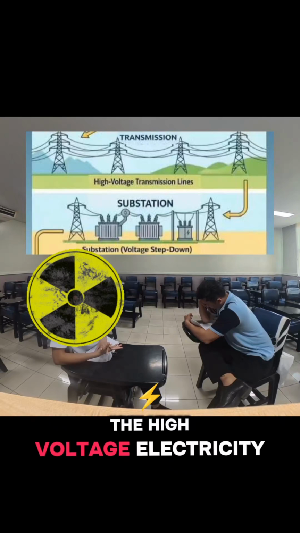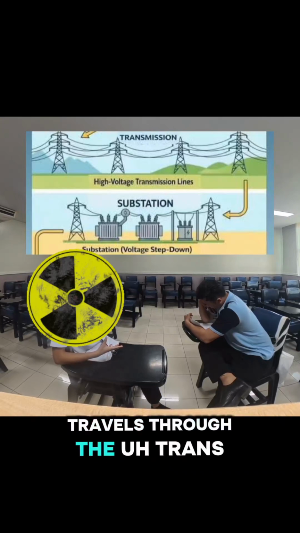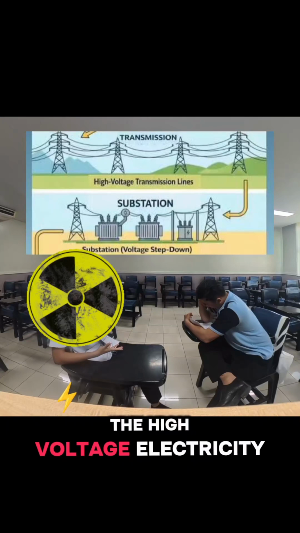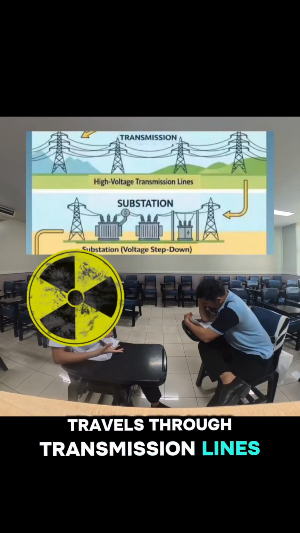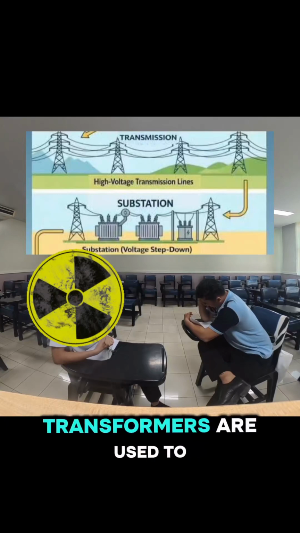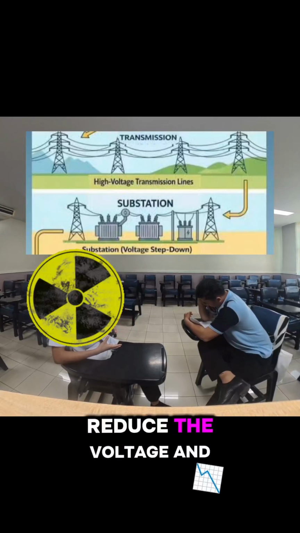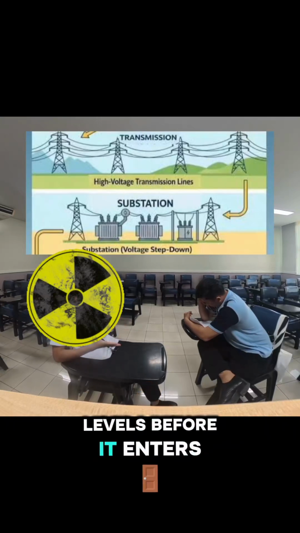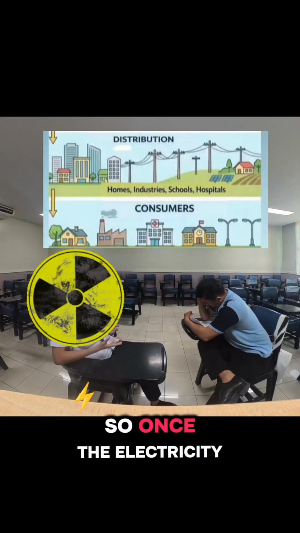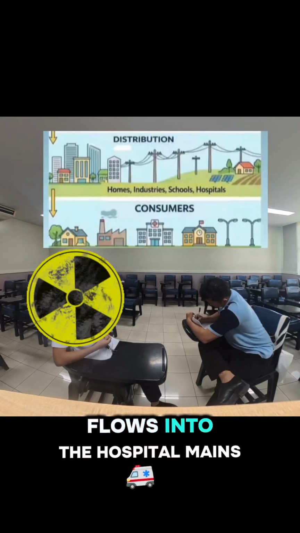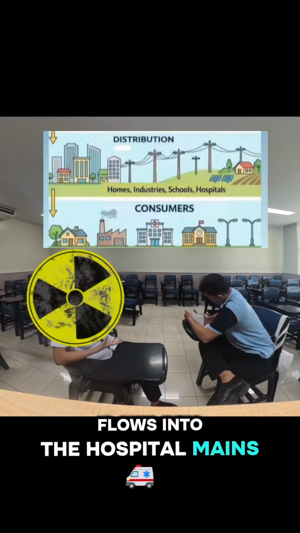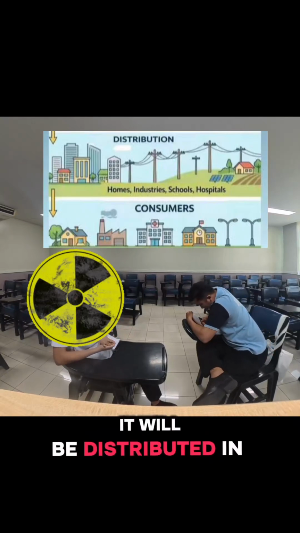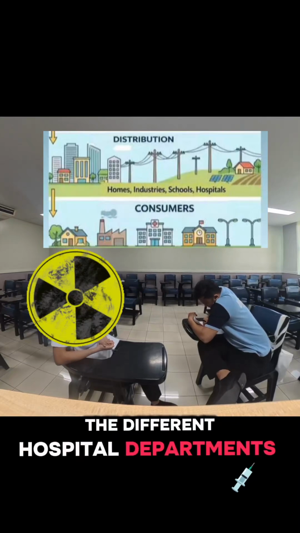The high voltage electricity travels through the transmission lines to substations, where step-down transformers are used to reduce the voltage and increase the amperage to safe and usable levels before it enters the hospital mains power supply. Once the electricity flows into the hospital mains power supply, it is distributed into different hospital departments, including